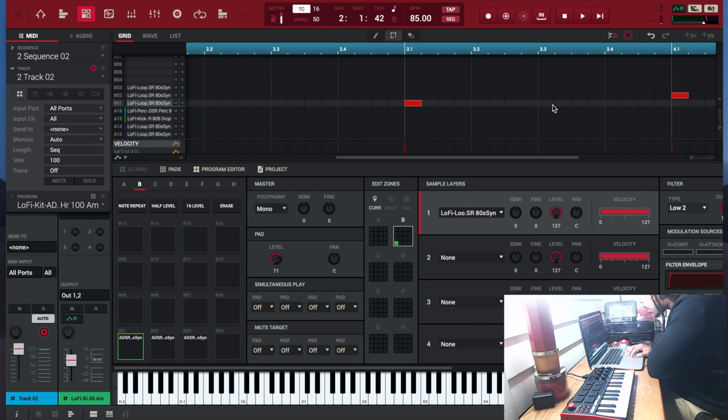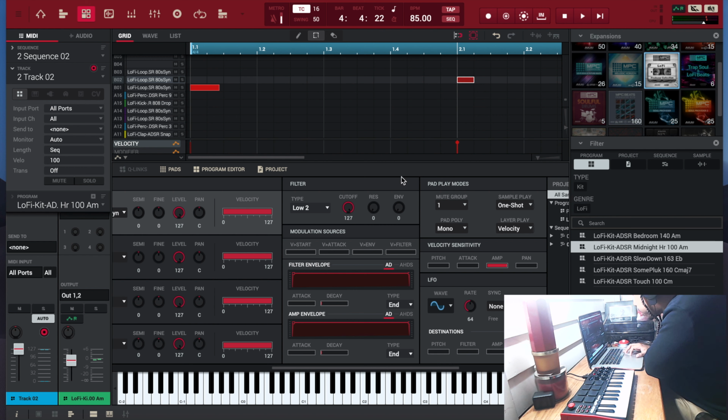I had to put those two sounds right here. I had to put that in the same mute group so that they cut each other off. Otherwise, it's gonna sound crazy. So now that we got that sequence together,